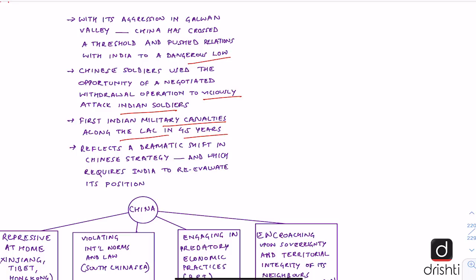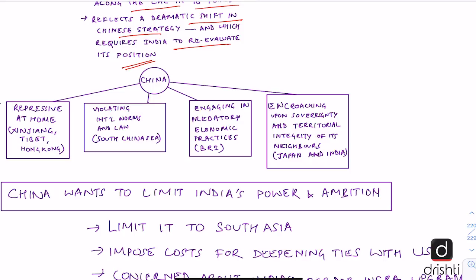But now this is no longer true. This incident also reflects a dramatic shift in the Chinese strategy, and it requires India to re-evaluate its position vis-a-vis China. Now we can see a more assertive China under the leadership of Xi Jinping, which is not following international rules and norms while dealing with other countries. And this can be seen in the way it has violated international norms and laws in the